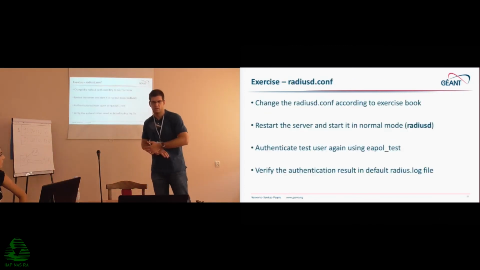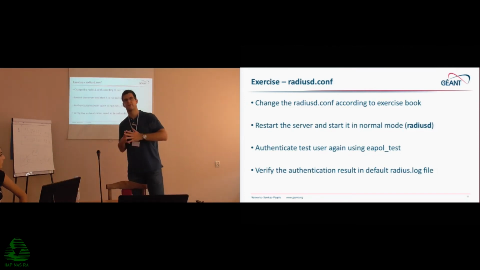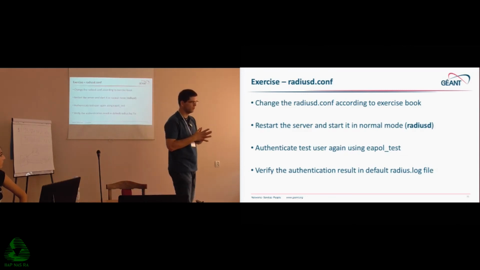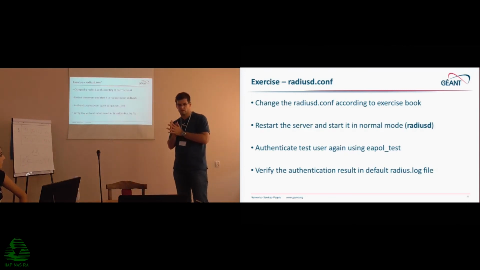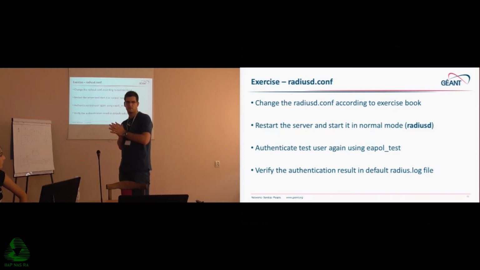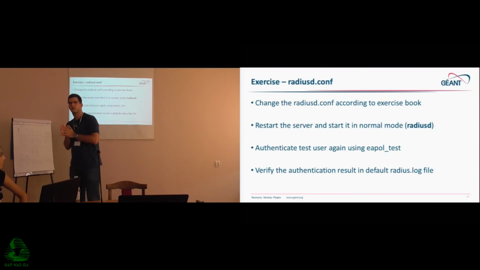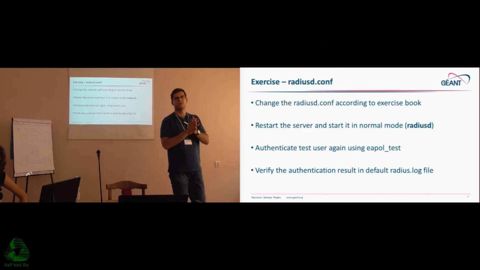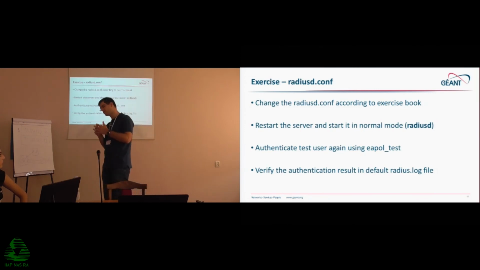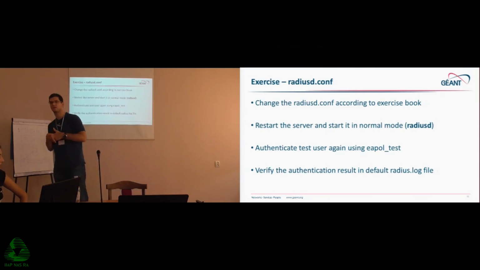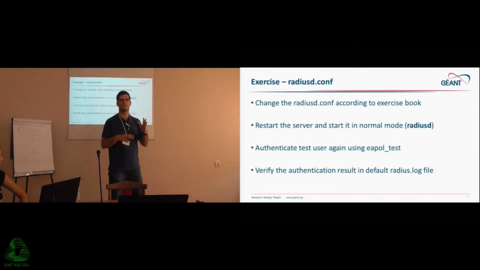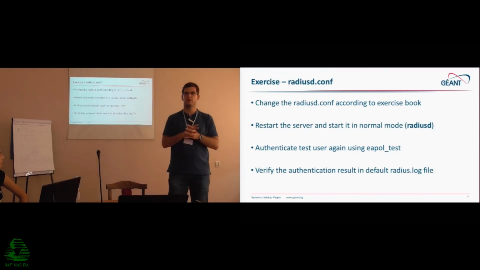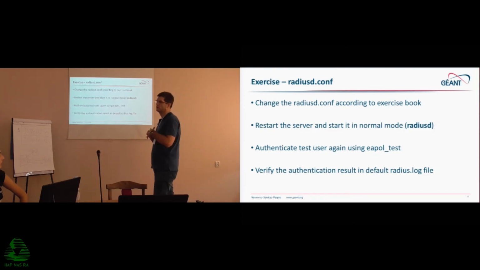So one last thing I want to add, and this one is pretty important. As I've said already, radiusd.conf affects the entire radius daemon. While you should not change what you don't know what it's doing, one thing that should be changed is in the log section, where the default installation comes with the directive auth equals no. That means that the Radius server won't log authentication requests. It will just log some daemon-related log information